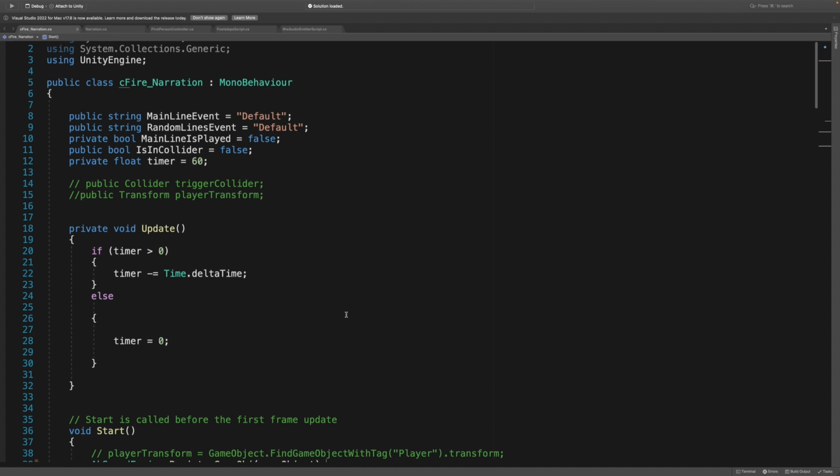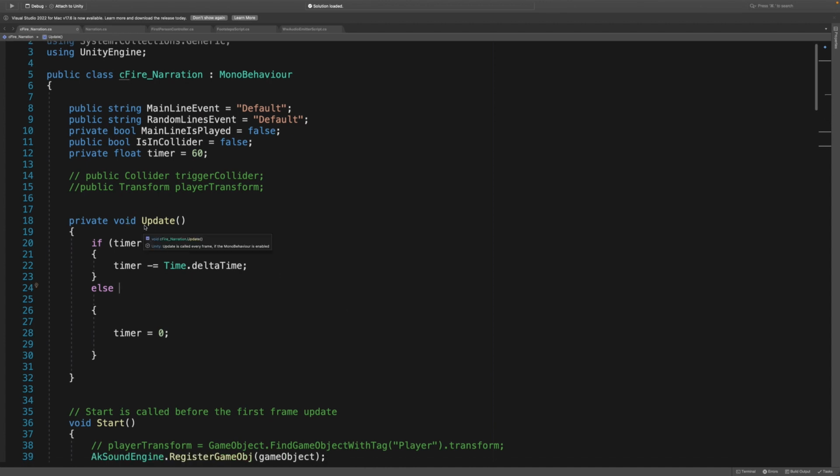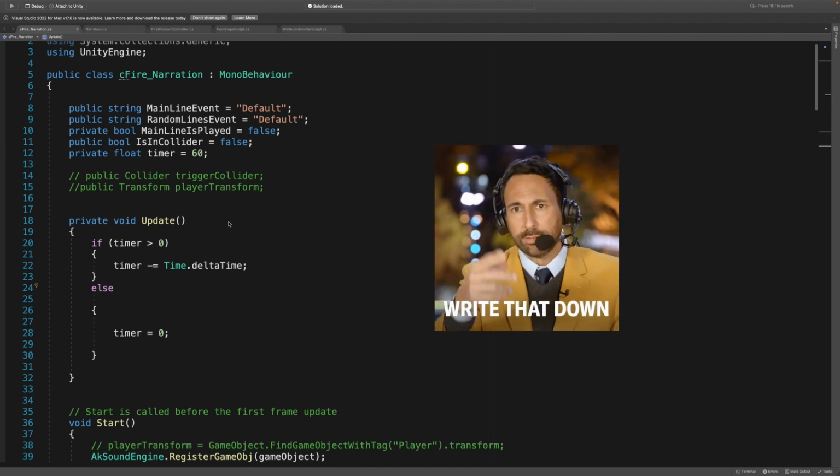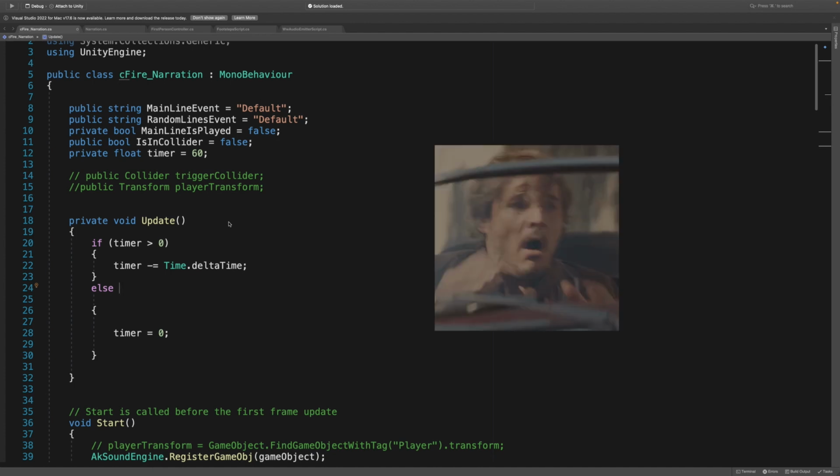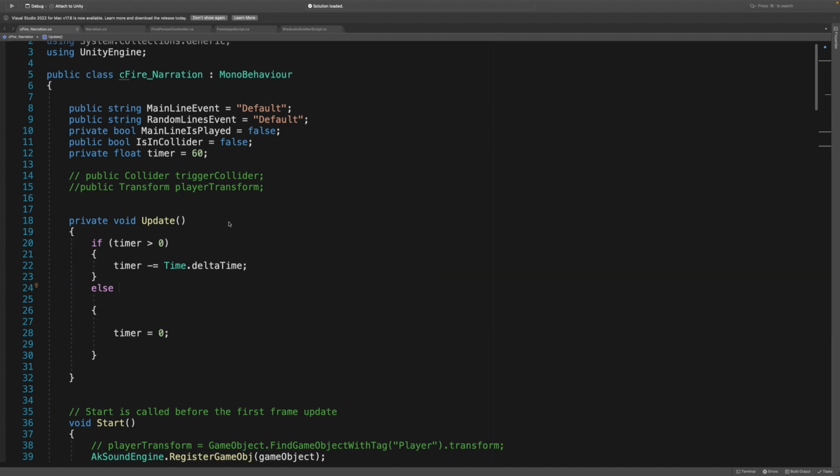Cool, back to the timer. I've put it inside the update method because this method is called once per frame. So it's constantly running in the background. But note, don't ever code sound to play inside this method. It's going to be a brutal mess. Please don't do it. Now inside it, we begin with an if statement that checks if the variable timer is